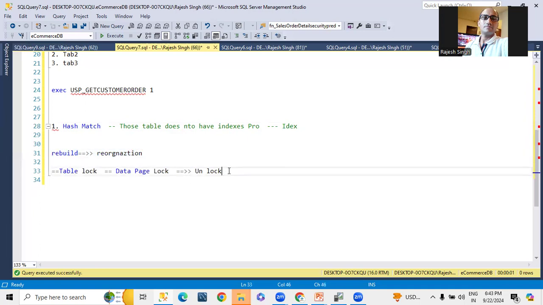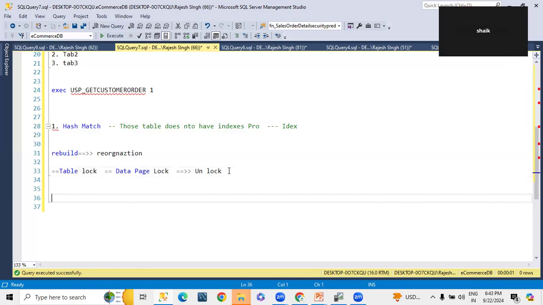Okay. So, Zach, you know at how much fragmentation you can go for reorganize or rebuild? Yeah, like 5 to 30 is reorg and more than 30 is rebuild. Okay. So why are we saying that if fragmentation is more than 30%, then we have to go for the rebuild?